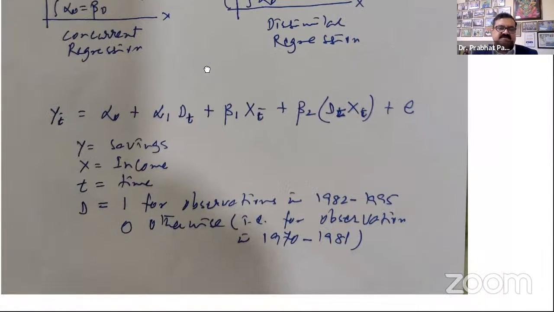Any question from this theoretical part? Then I move to the data. Sir, only one question. Here we don't have to look for beta 0, right? Because alpha 0 is representing beta 0. No, beta 0 we don't have, because the second equation is for the reference period: beta 1 xt plus beta 2 dt xt, right? Yeah, absolutely. And then in the second period, we are adding this interactive dummy.